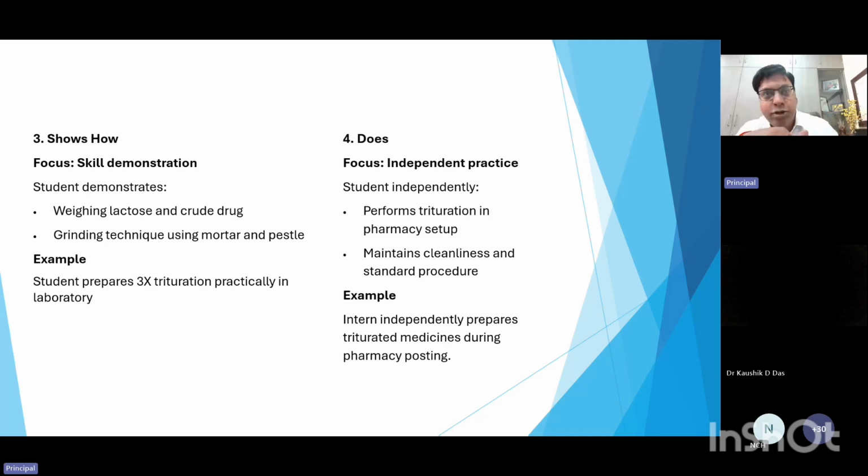We must ensure that through our teaching techniques or the learning methods, the student should be able to achieve the different stages of learning from knows to knows how, then shows how, and then finally he should be able to enact it, perform it. Next is